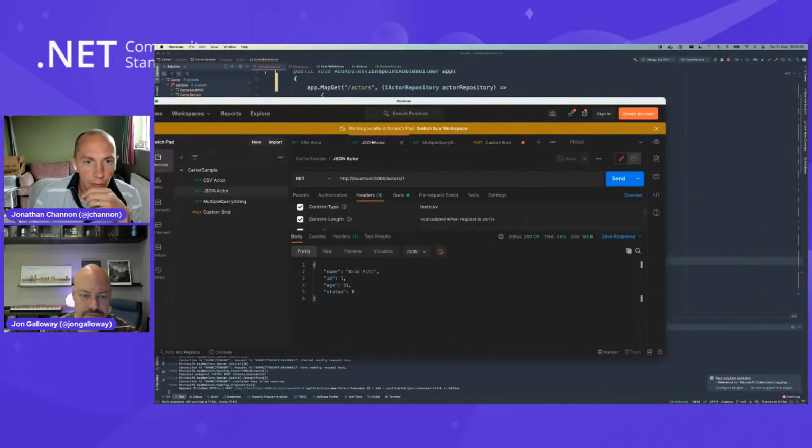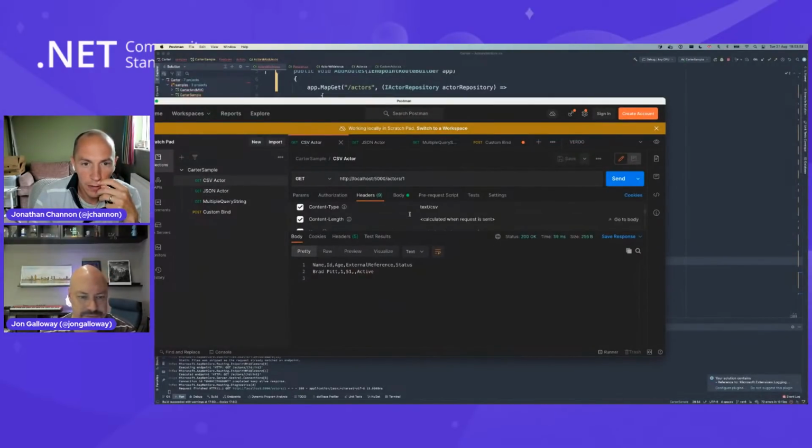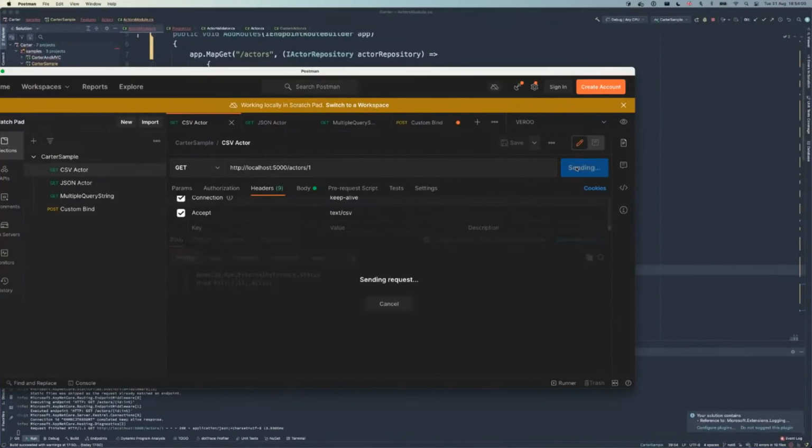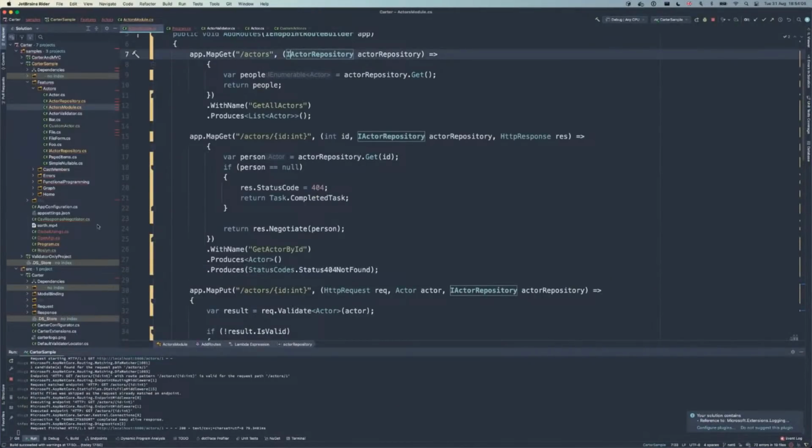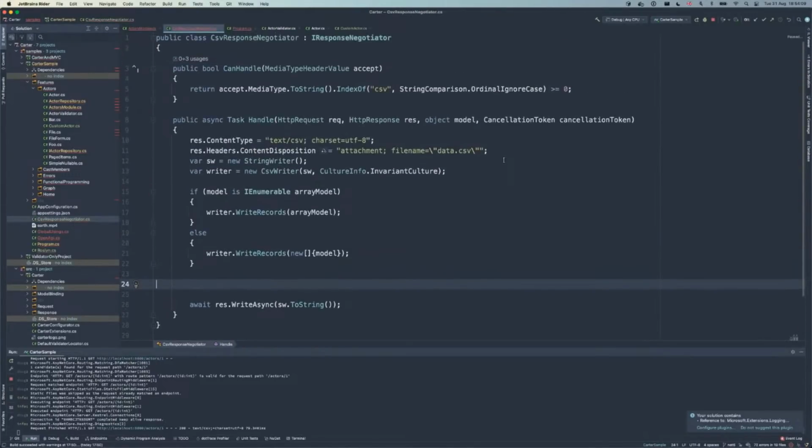If I simply do that, we get Brad Pitt back as JSON. But if I put in my accept header that I want a CSV, then it will return me CSV data. And if we have a quick look at that, this is what Carter's response negotiator looks like.